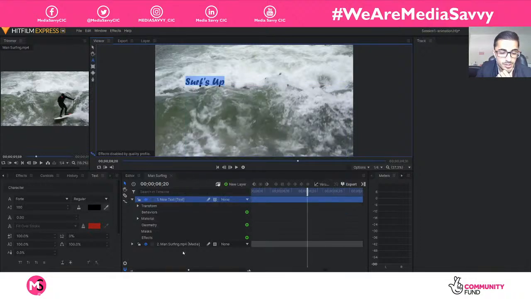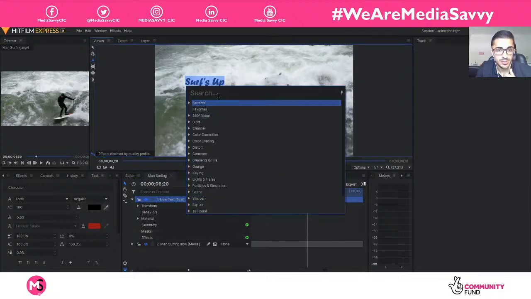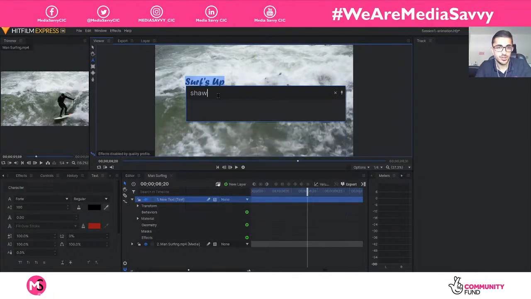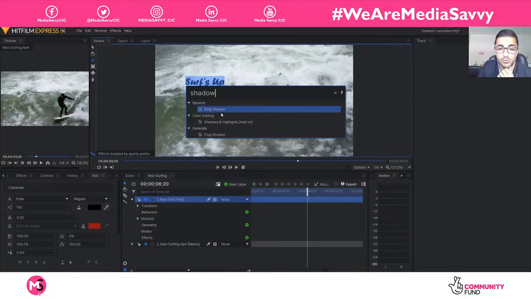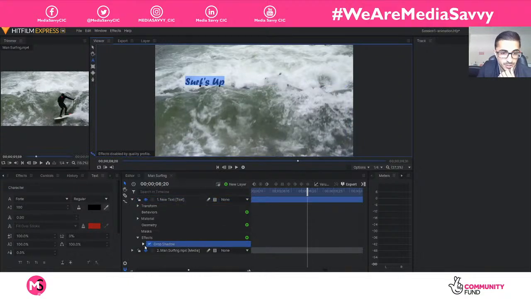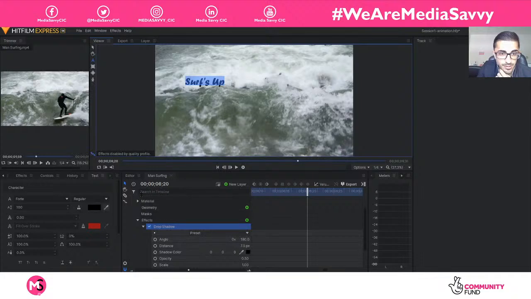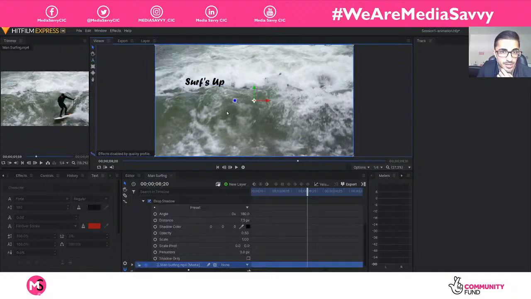So on my text, click on there, drop down the little menu, effect, plus, and then I'm just going to search for shadow, if I can spell the word shadow, which isn't great. Drop shadow. Yeah, so I've added a drop shadow on it. I drop that down. I'm just going to take that highlight off. So on my drop shadow,